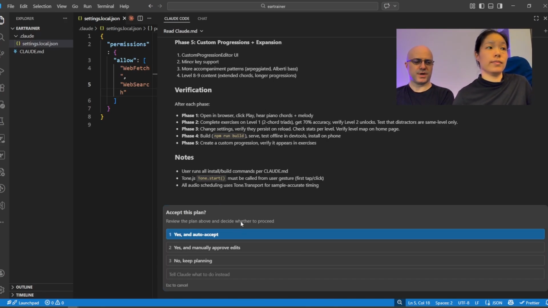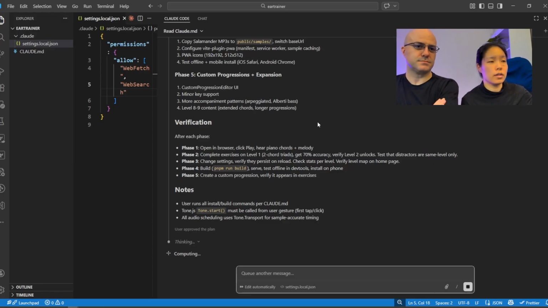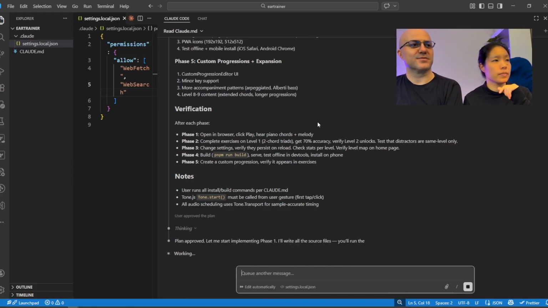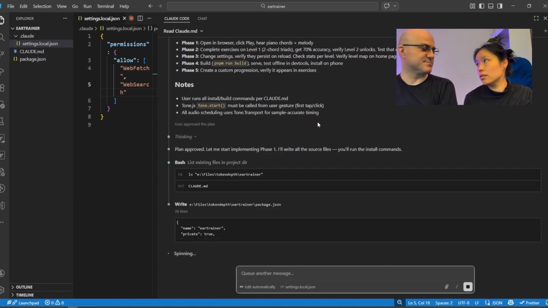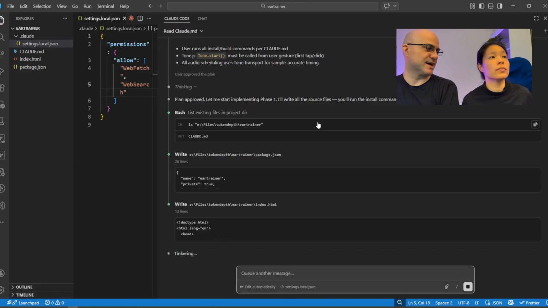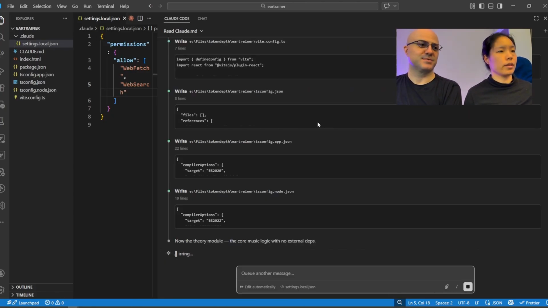I will accept. Okay. So it's gonna build the app for me? I mean, yeah. Hopefully, it'll stop after phase one, and then we can test it. That would be the ideal scenario. Oh, so it usually builds phase by phase? Well, I mean, it did add these verification things, and it said to do a bunch of things after each phase. So to me, that makes sense. Verification means we manually test it? I mean, I think that's better than letting it test it, right? Oh, okay. Because you have to like listen to it and look at it and so on, right? And I know that you care about these things, so yeah, this is going to be very exciting.